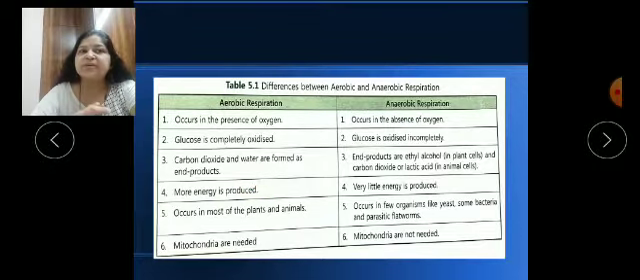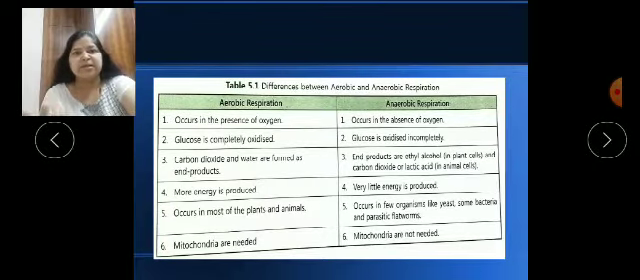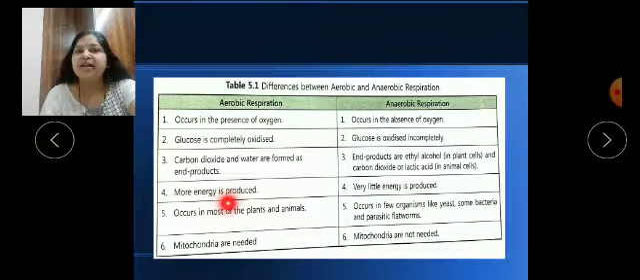in anaerobic respiration the end products are ethyl alcohol and carbon dioxide in plants, whereas in animal cells lactic acid is the end product. In the Zoom class I told you what lactic acid is, how it accumulates in our leg muscles, and how it causes muscle cramps. We have already discussed that. Now, during aerobic respiration, lots of energy is produced, whereas